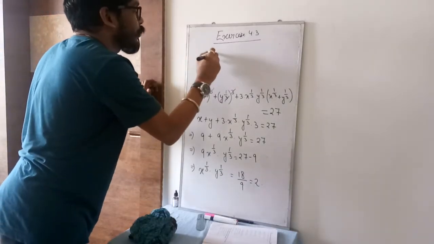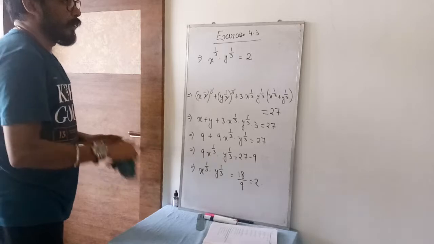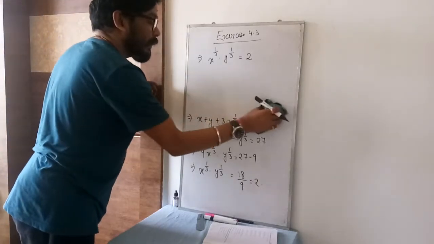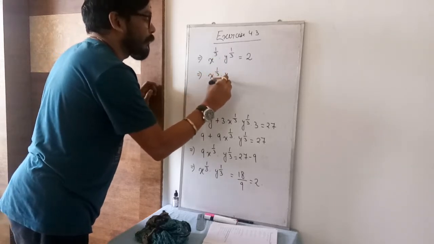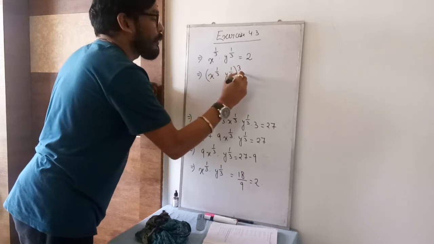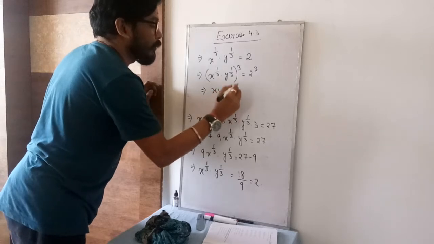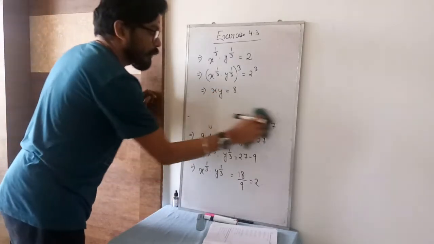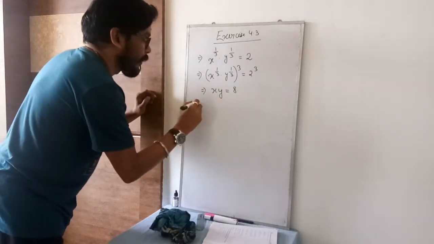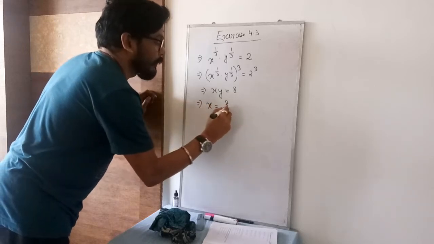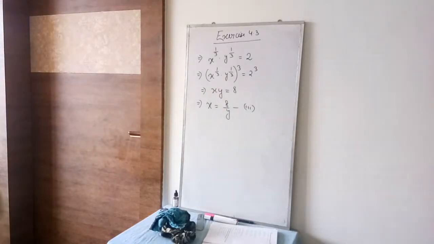I repeat again. So it is x to the power 1 by 3, y to the power 1 by 3 equal to 2. Now to remove this power again, what I will do? I will do whole cube both sides, because power is 1 by 3. So if you do whole cube both sides, 3 cancel, so you got xy equal to 8. So from here you can find out the value of x. So you can write here x equal to 8 by y, equation 3. Take the screenshot. Hope it is clear.